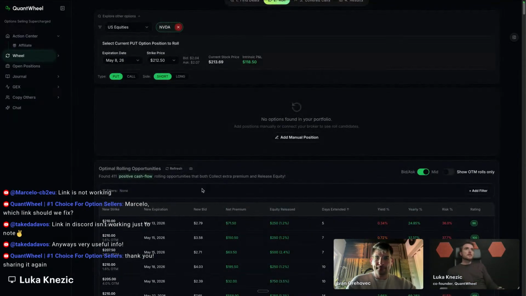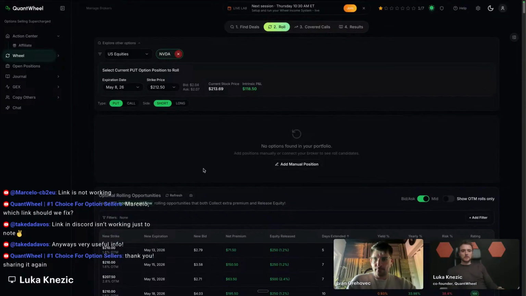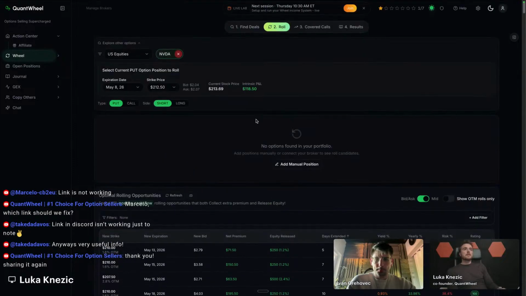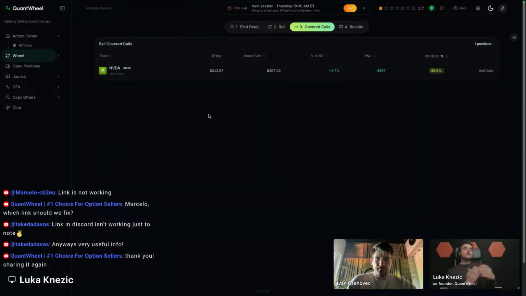Also, disclaimer here: only sell options on the stocks that you would like to own anyway, especially if you're looking at, for example, NVIDIA. It's one of the best stocks out there, if not the best one. So you're probably not in that much danger here, even if you get assigned. But if you don't want that, you can always roll it. Then if you get assigned, I left this NVIDIA stock on purpose here, but even if you get covered calls,